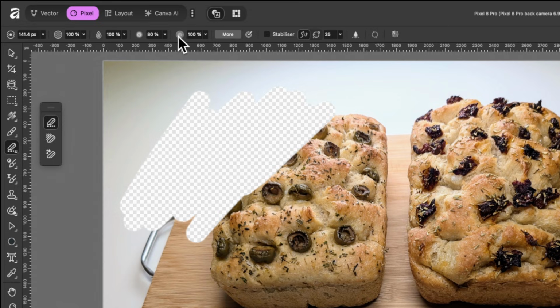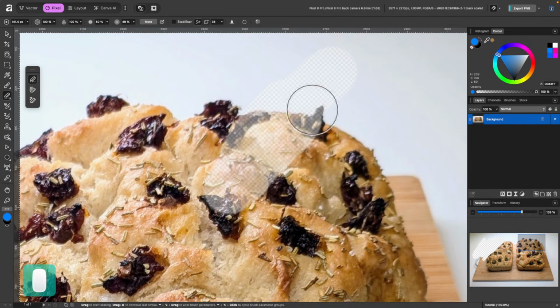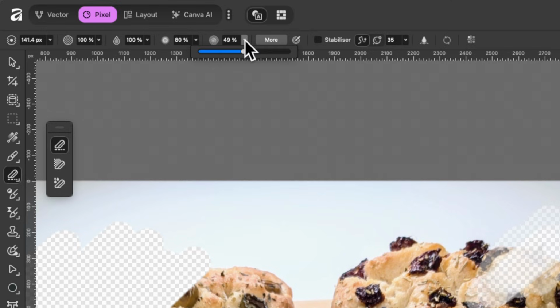In the context toolbar, you also have another option here called accumulation. So if I drag that down, it was at 100%, I'll drag it to 50, and I'll try it over here. You can see it partially erases a portion of the image. So I'm going to click and drag, and my finger hasn't left the trackpad yet, and it's not erasing anymore. So I have to let go and then click once again, and it will start erasing it further. And I can just keep doing that to completely erase it. Okay, let me just reset that.